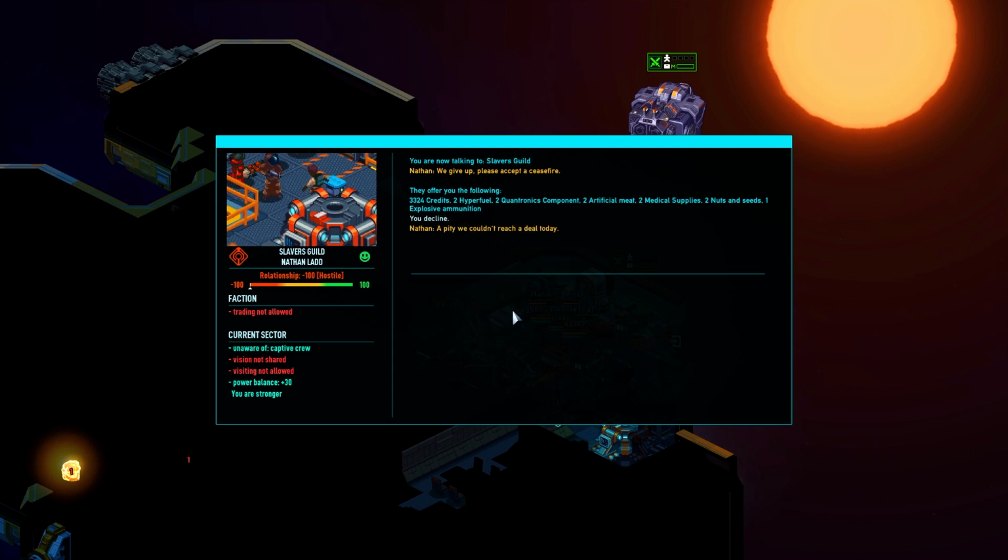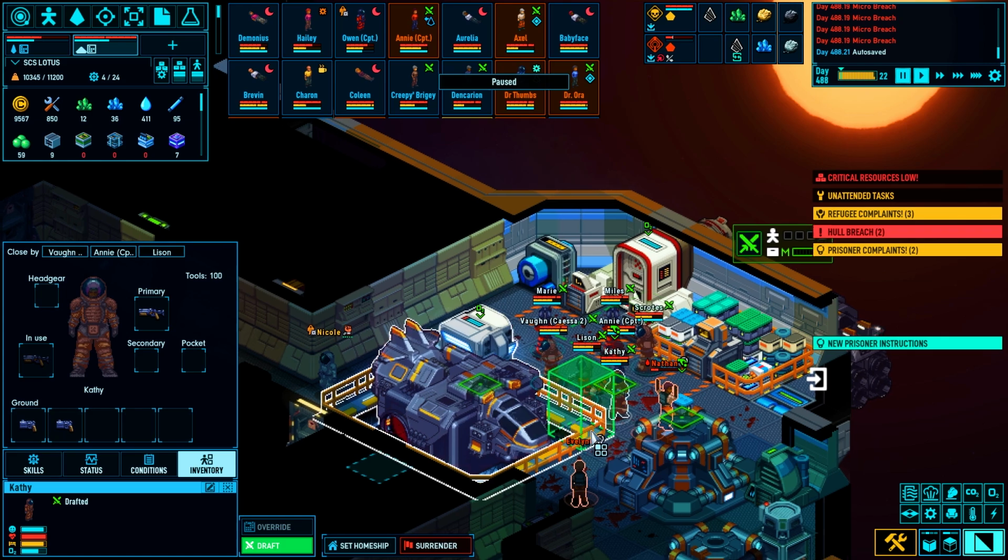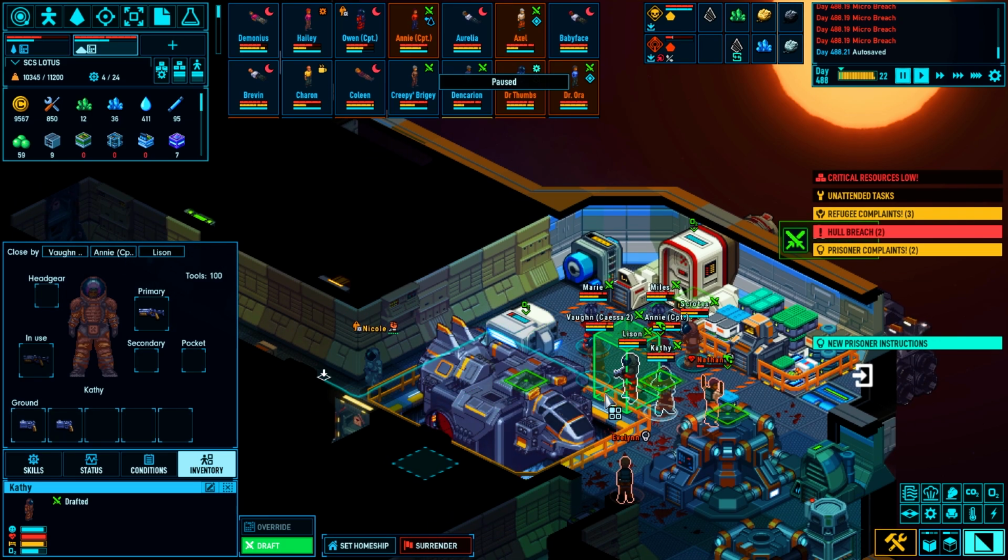Decline, take all of them prisoners, leave their ship derelict. A pity we couldn't reach a deal today. I agree. 'Tis a pity. 'Tis certainly a pity, but there's not much we can do about that. Now, Nathan, I need you to go...